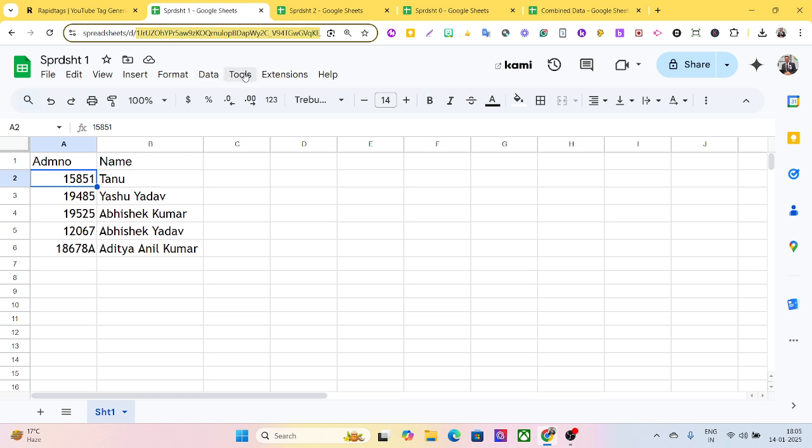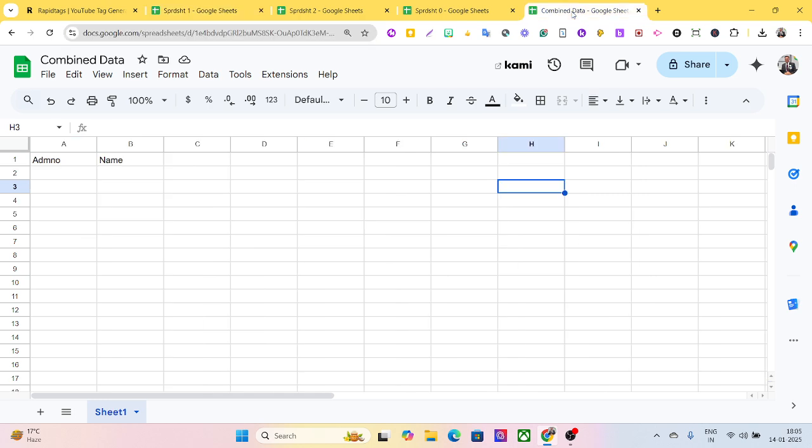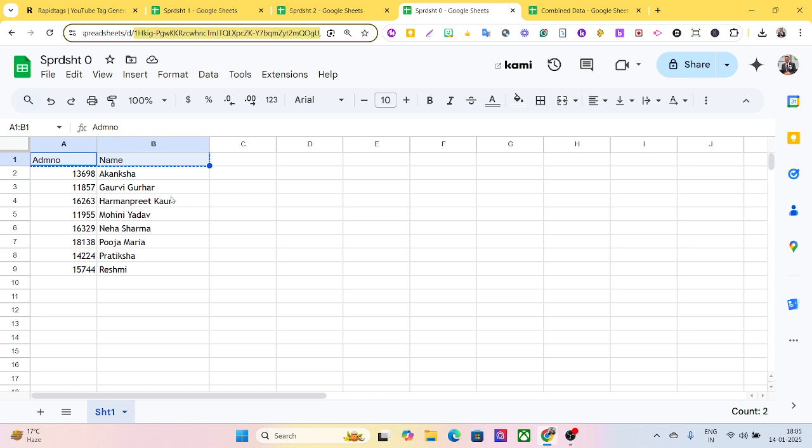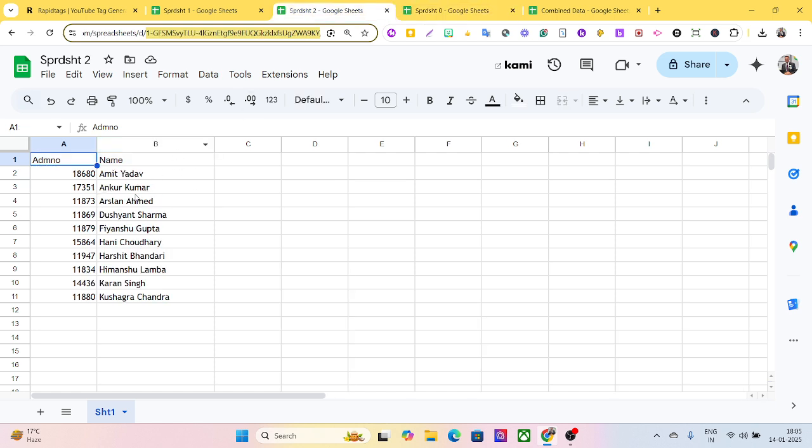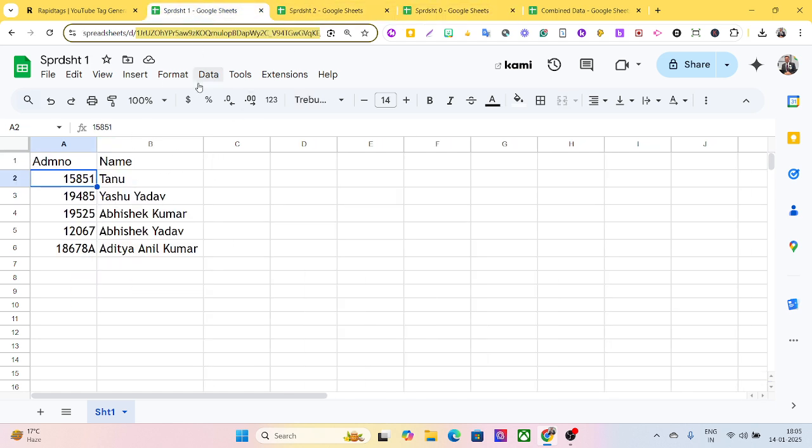These are three different spreadsheets, and the fourth spreadsheet is combined data. As such, there is no data on this sheet, and we want to import data from here, data from here, and data from here, and copy it to